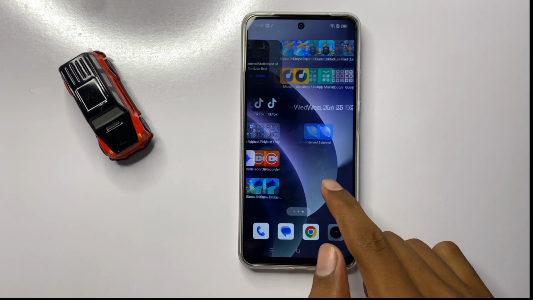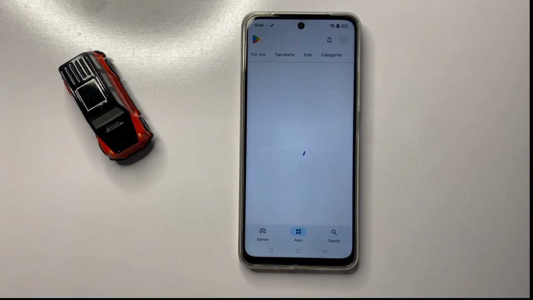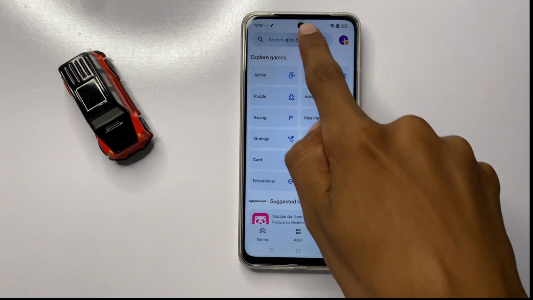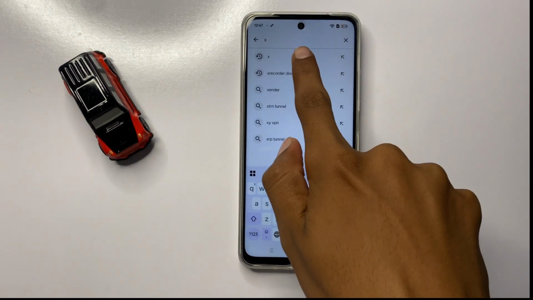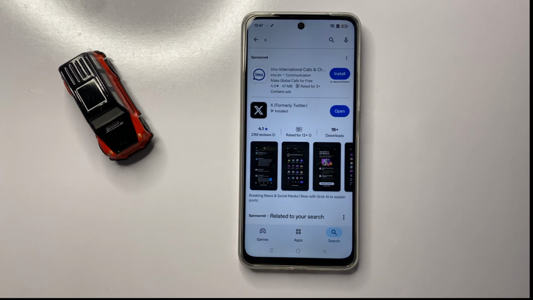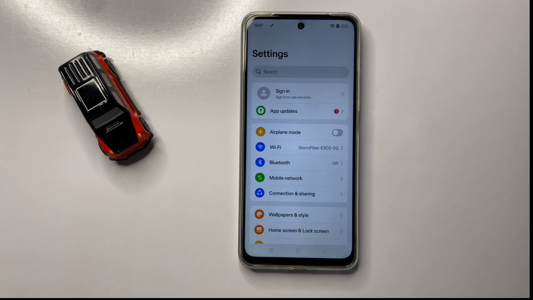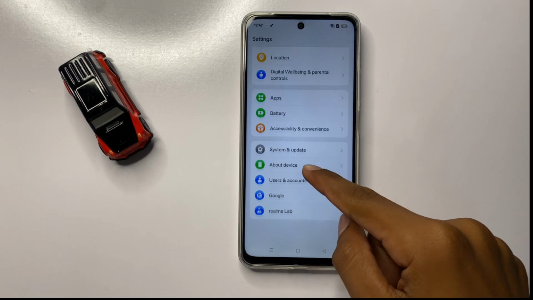First of all, check your Twitter update. Open Play Store and search Twitter. If you have any update, then here you can see the update option, then update your Twitter. After updating your Twitter, go back to your home screen and open your settings and scroll down and click